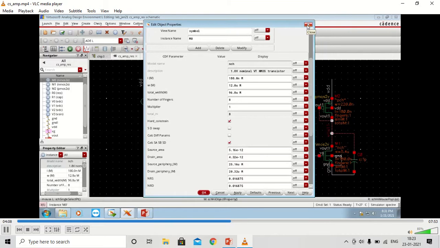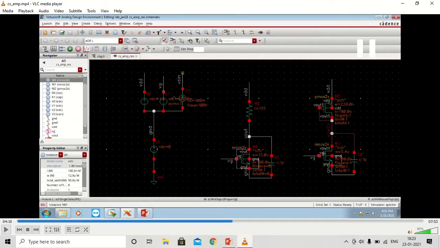This is the MOS sizing that I've used, since for CMOS circuits we cannot use a large value resistor because it covers a lot of area. The gain is defined by the product of the transconductance of the MOS amplifier and the load. So either we need to increase the transconductance by increasing the width of the transistor, or we need to increase the resistance, that is the load.